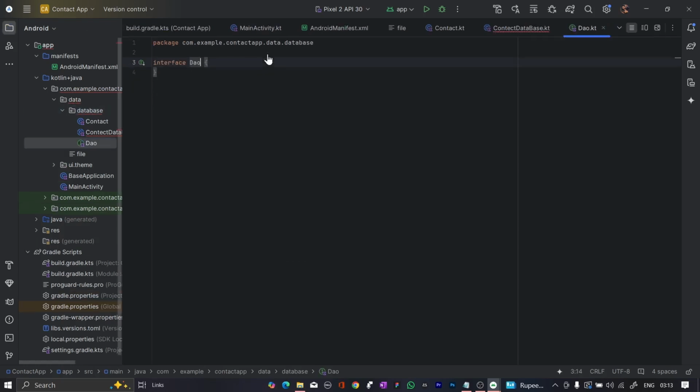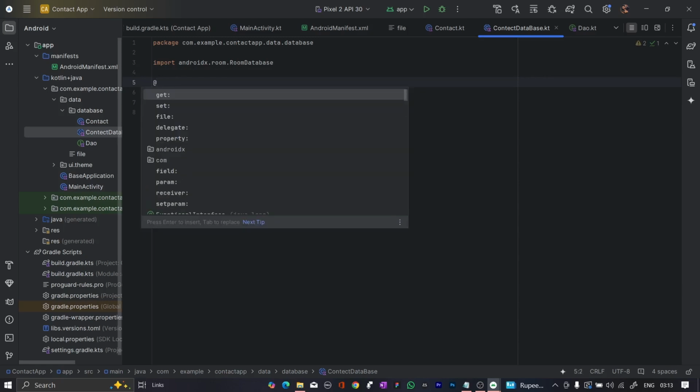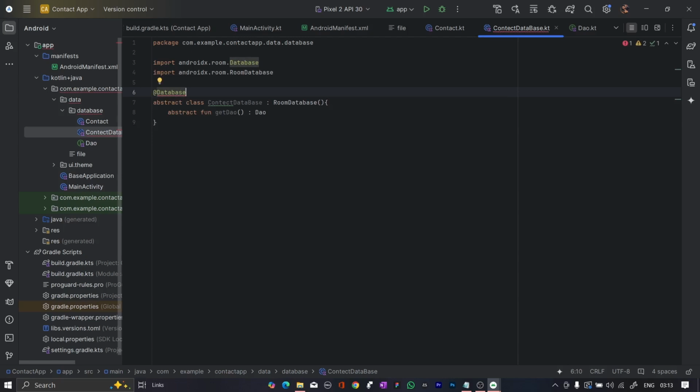हम DAO इंटरफेस क्रिएट करने वाले हैं, एंड नाउ गो इनसाइड इट, और यहाँ पे हमने एक फंक्शन बनाया एंड इसको एक्सटेंड कर लिया, राइट? अभी ये एरर नहीं दे रहा है, एंड यहाँ पर रूम डेटाबेस हमने एक्सटेंड किया, रूम डॉट डेटाबेस। यहाँ पे हमें एक चीज़ और करनी है, एनोटेशन लगाना है, डेटाबेस, राइट? ये एनोटेशन हमें चाहिए, एंड इनसाइड इट हम एंटिटीज़ डिफाइन करेंगे।